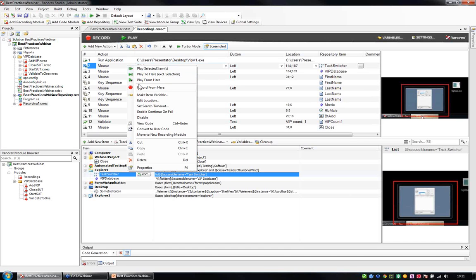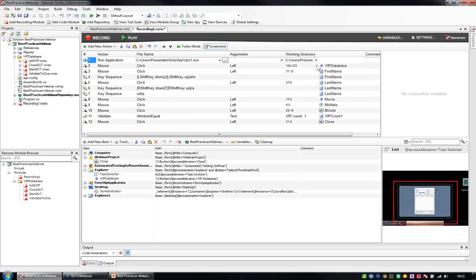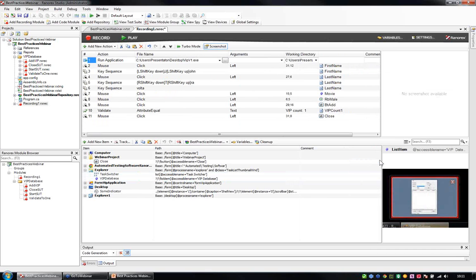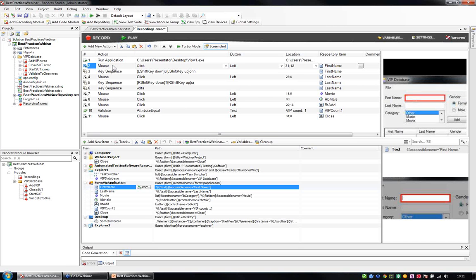So therefore, we don't need that action, and we don't need that action. Finally, we deleted these unneeded actions, and we now have the first real action we want executed on playback. It is a mouse click on the first name field here. As you can see, we need that. After that, I typed John into the input field here, and we also have Ranorex recording events